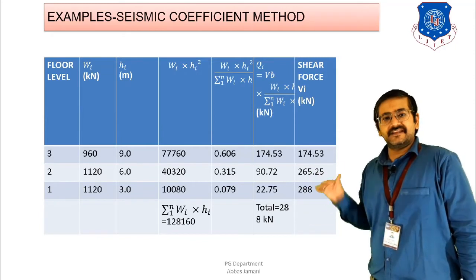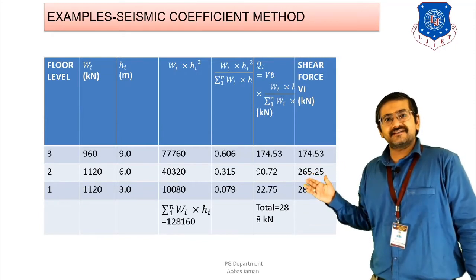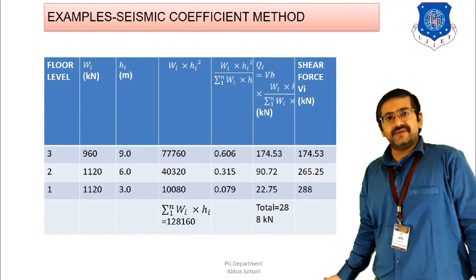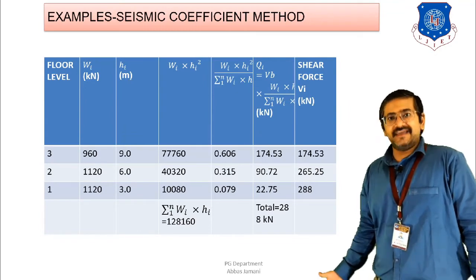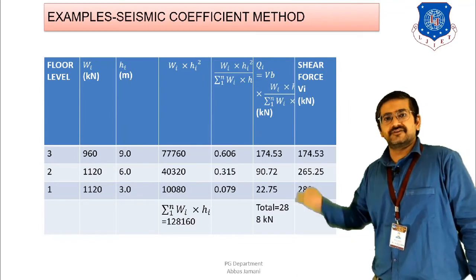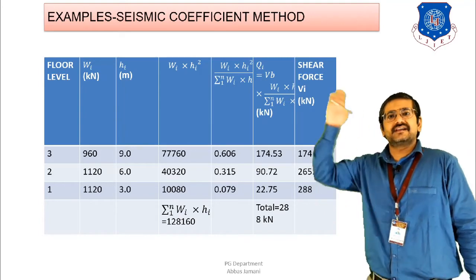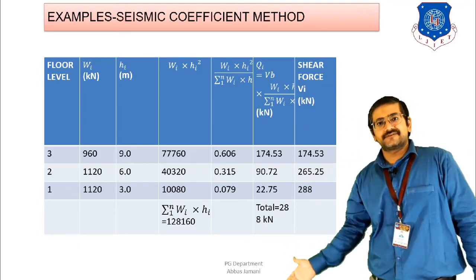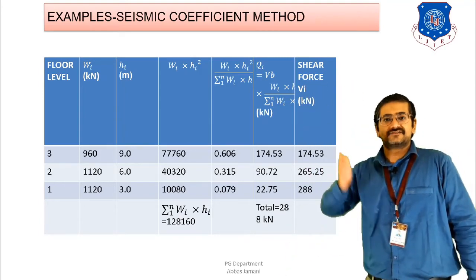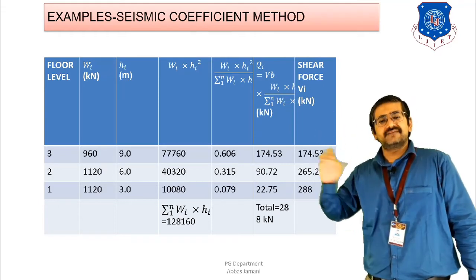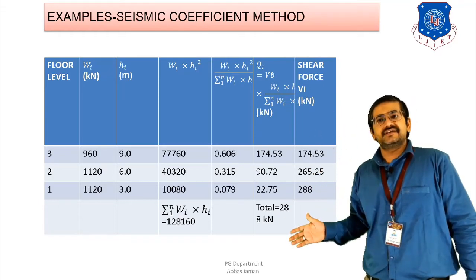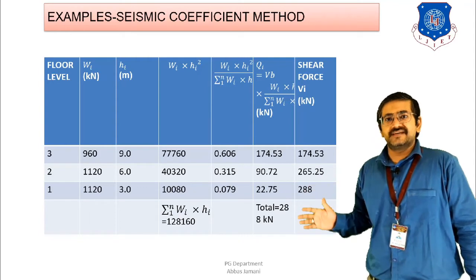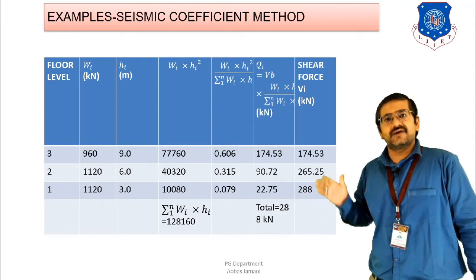Why am I writing in the reverse manner? Because the total concentration of the base shear is going to be at the base level. The highest value of base shear is going to be at the base level, because our purpose is that the total lateral force from the top of the building should be transferred to the base level. The entire lateral load is going to be transferred through beam, column and slab, and finally it is going to reach the base level. So the highest value of base shear for any building is going to be available only at the base level, right?